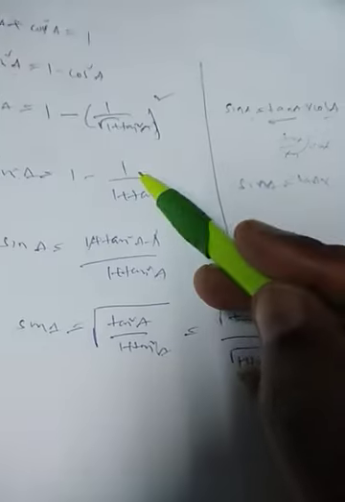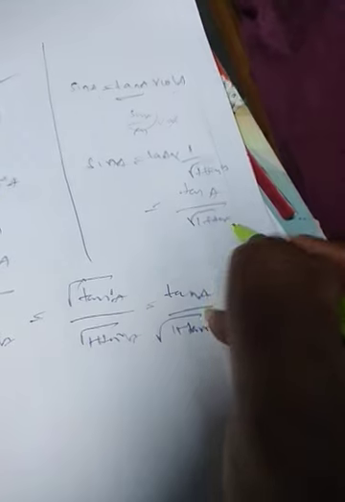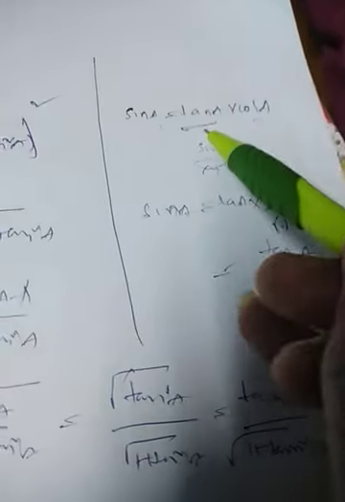What is the value of cos A we got? Just now I wrote it here. Cos A is 1 by root of 1 plus tan square A. See, 1 by root of 1 plus tan square A. 1 into tan A is tan A by root of 1 plus tan square A. No need to go for all this story. Directly we can again see, sin A is tan A into cos A, that is sin A by cos A.